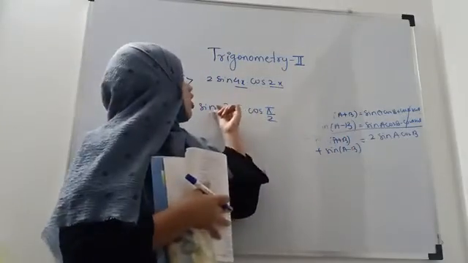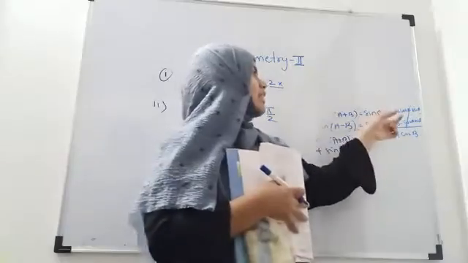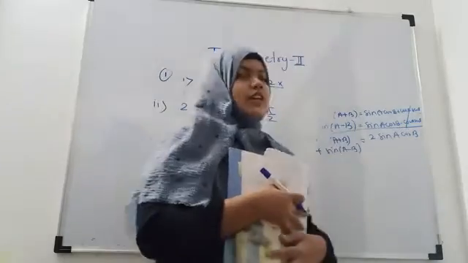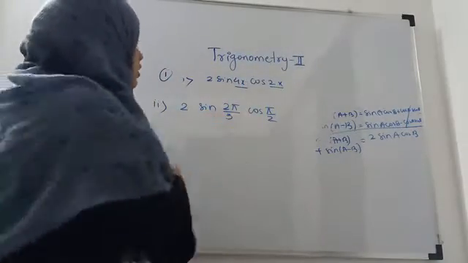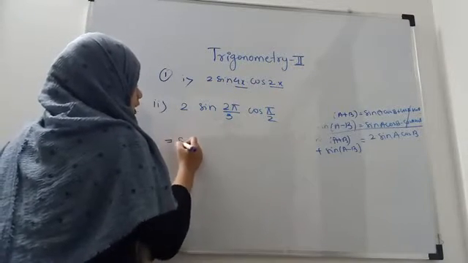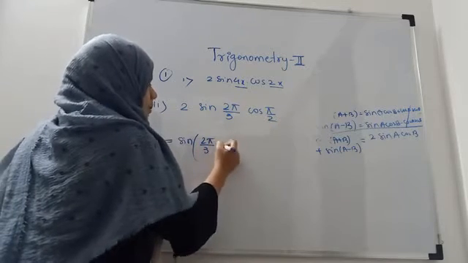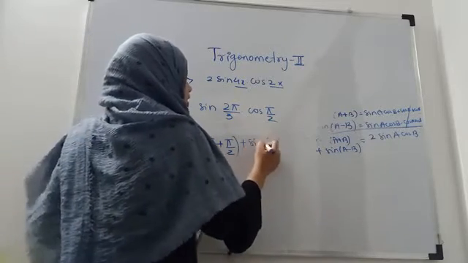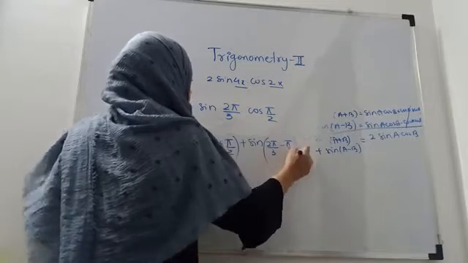If it is cos sine, then we will do subtraction over here, so that the sine and cos term will get cancelled and we will be left with the term cos and sine. But still we want sine and cos here, so the formula will be the same as we have used in the first one. So the formula will be sine, what is a here? It is 2 pi upon 3 plus pi upon 2, right? Plus sin(a minus b), 2 pi upon 3 minus pi upon 2.